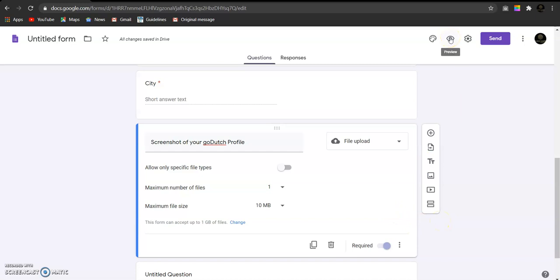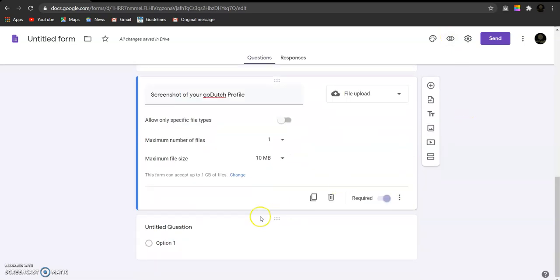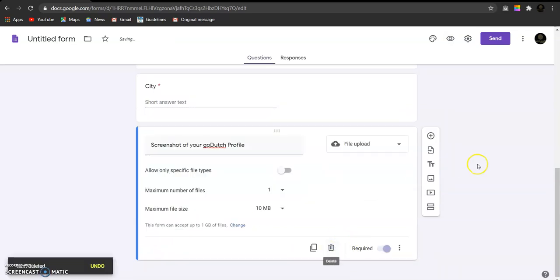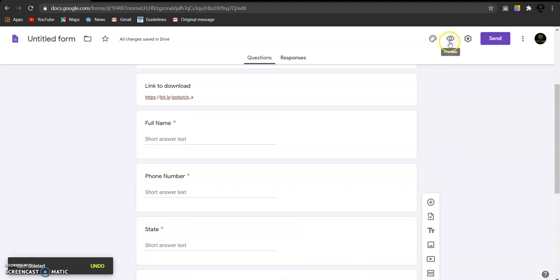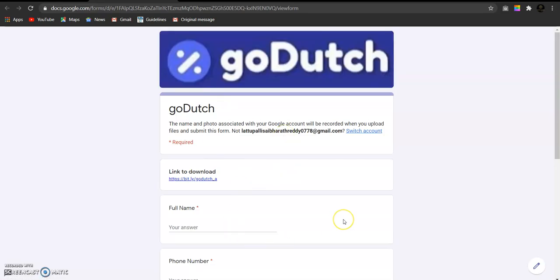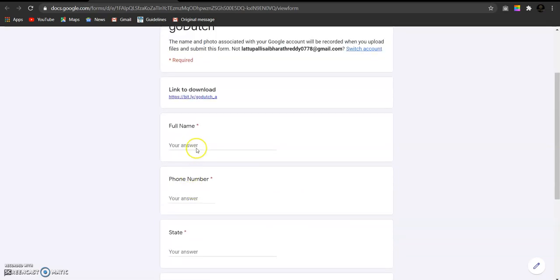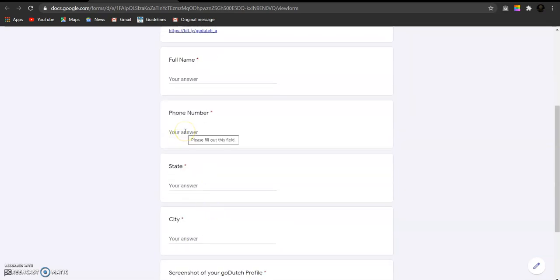Next, you can preview this form. So before previewing, just delete this extra tab. Then click on the eye symbol over here. So this will be your Google Form. We have added some validations.